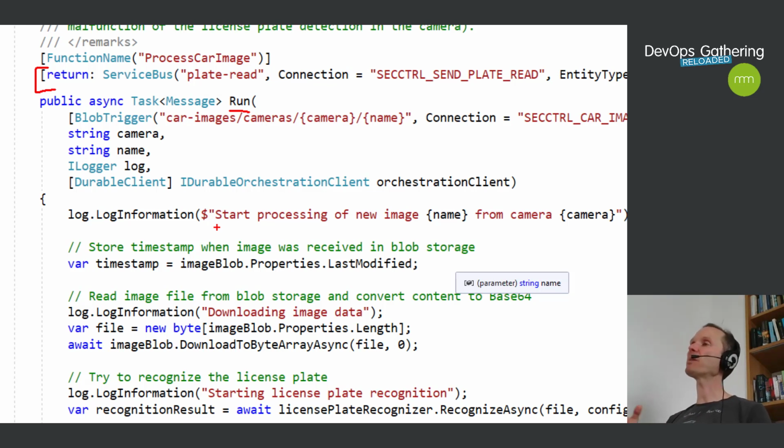Then in this case, the business scenario is that I would like to... oh, I described it a little bit wrongly. This up here is the return value. So in my case, the return value is sent into a topic. Sorry, I did this wrong. I had this wrong in my mind. So the return value is written to the service bus. The trigger is here. It's a blob trigger.